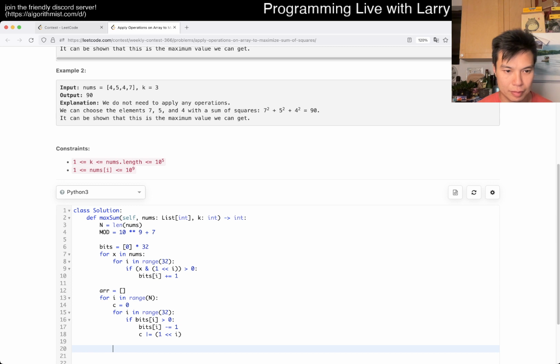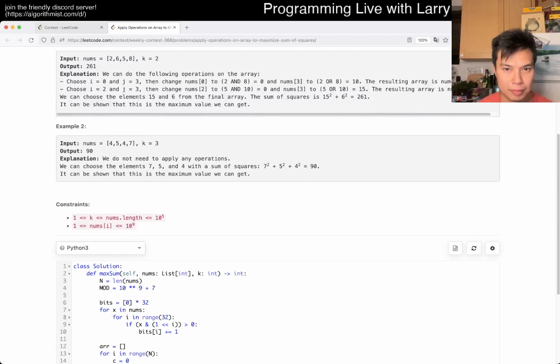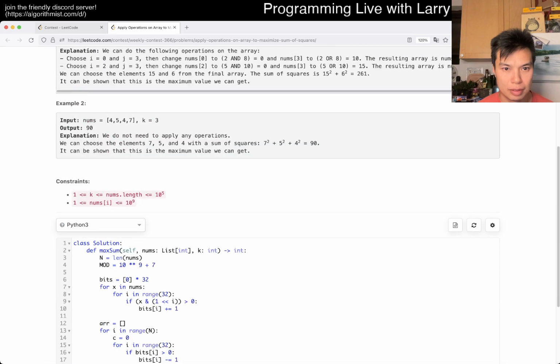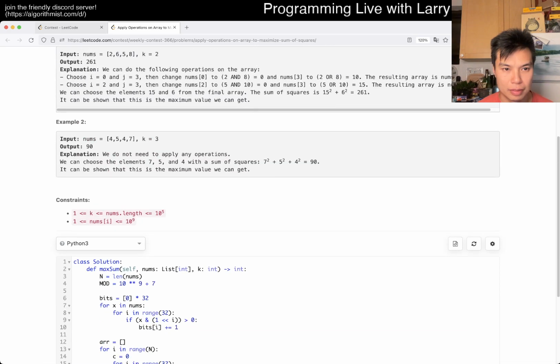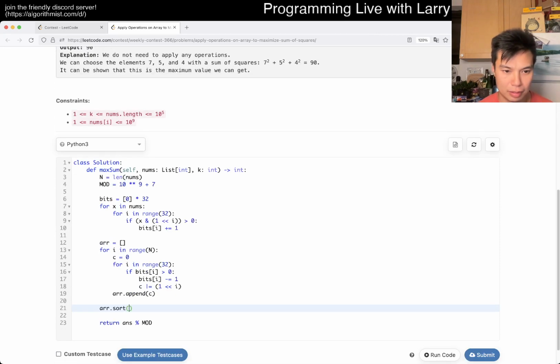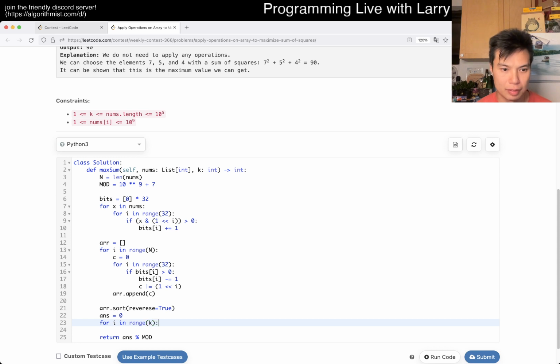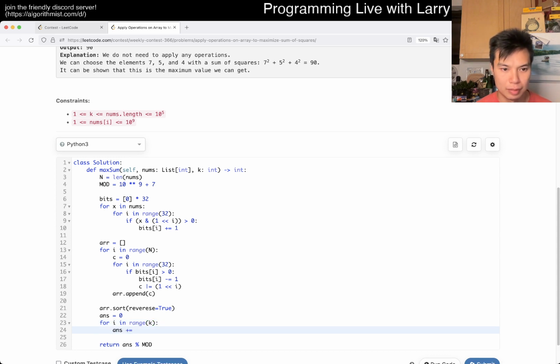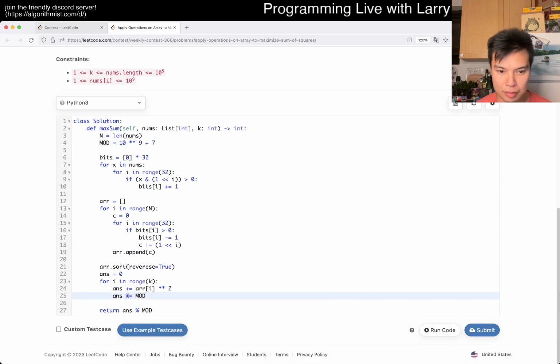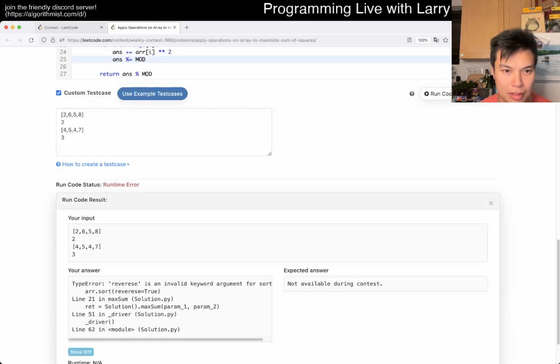Right. Okay. And then yeah. Whatever. Writing this in a sloppy way, but that's fine. The mod doesn't even matter that much, but